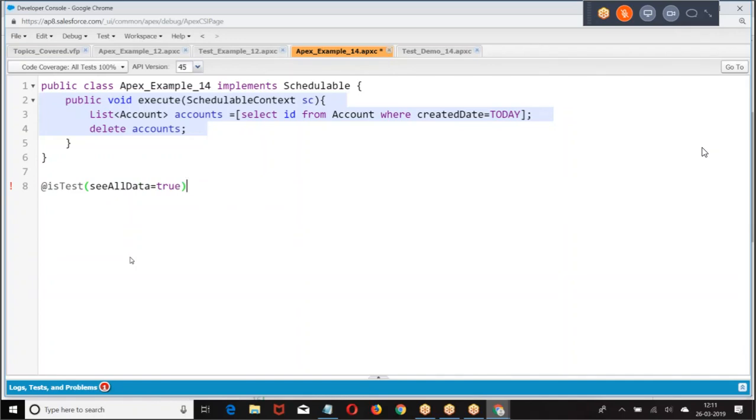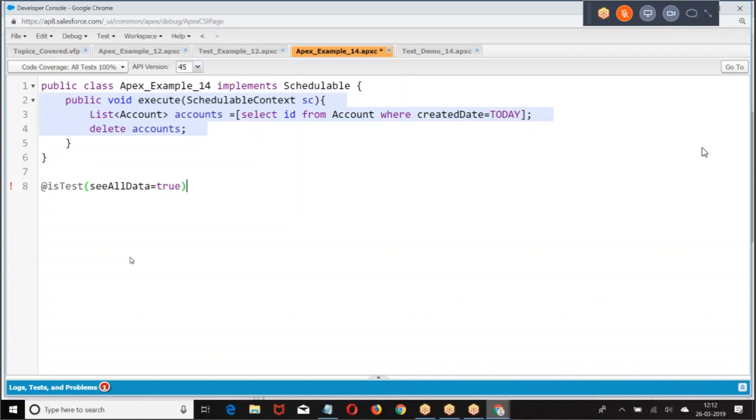When you say SeeAllData equal to true, whatever data is there in the database will be considered. The entire data in the database will be visible in the test class. Generally, data in the database will not be visible to the test class. If you want the data to be visible, we give @isTest(SeeAllData=true).